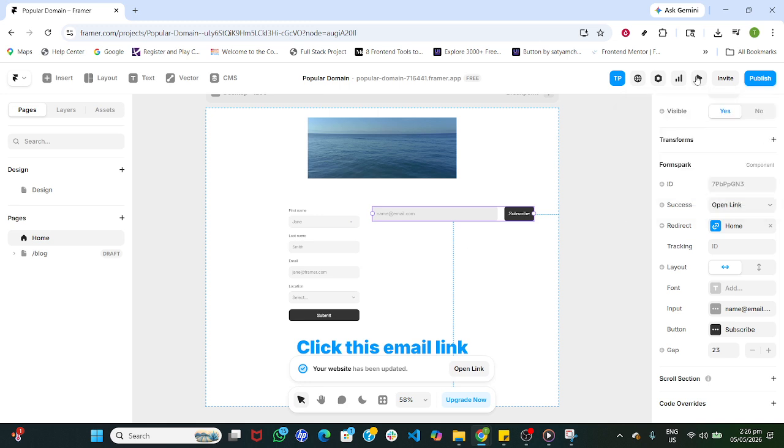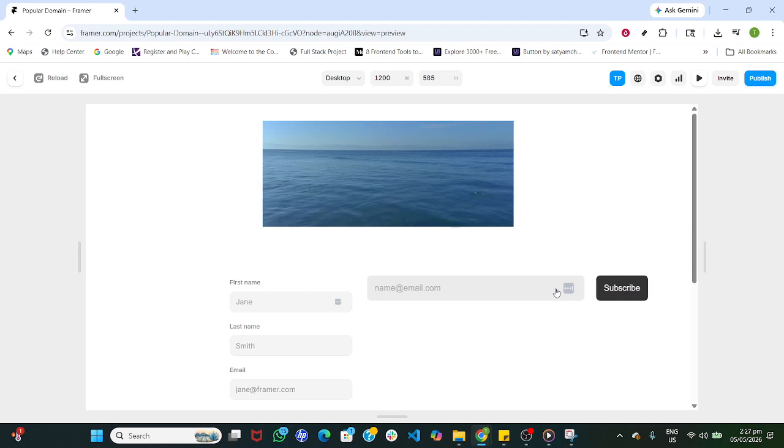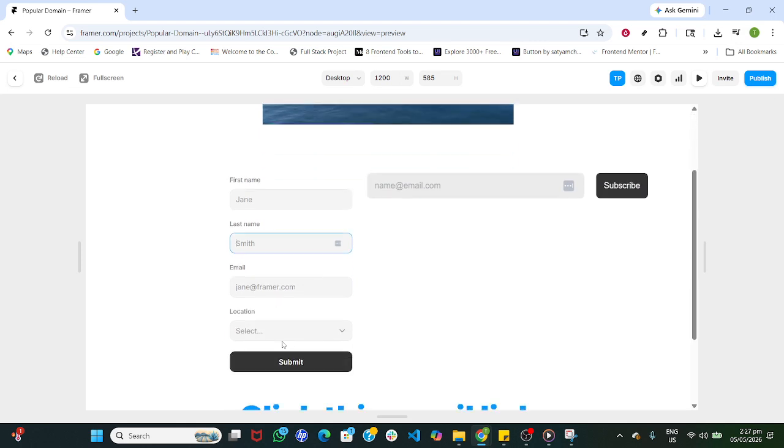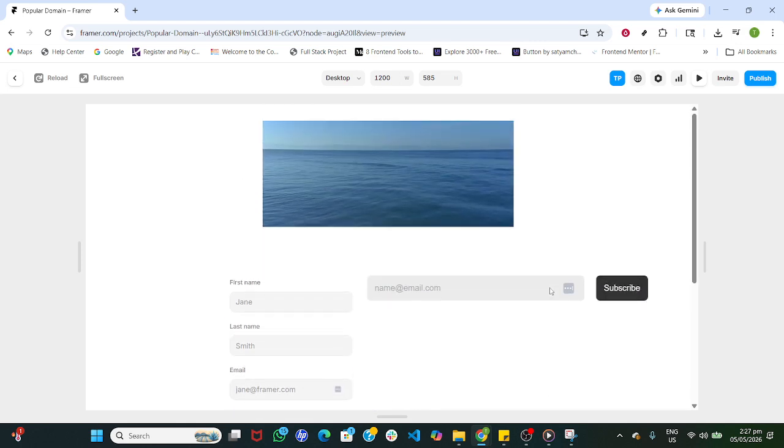When you're happy with the result, publish your site so the changes go live. After publishing, run one more test from the live page to confirm everything is working end-to-end. And that's it. You've added FormSpark in Framer, styled it to match your design, wired up